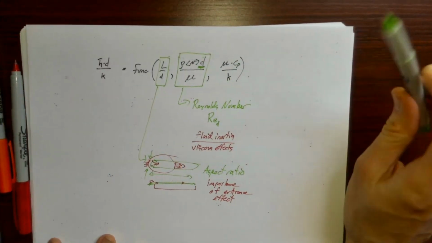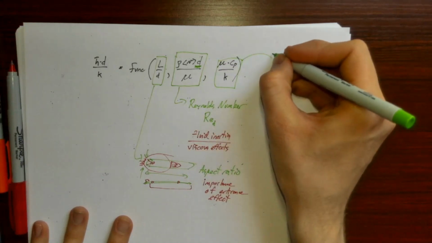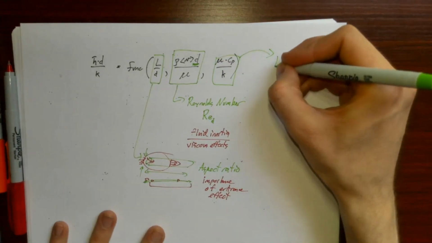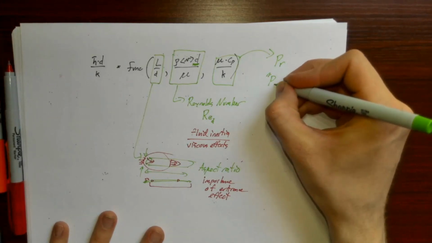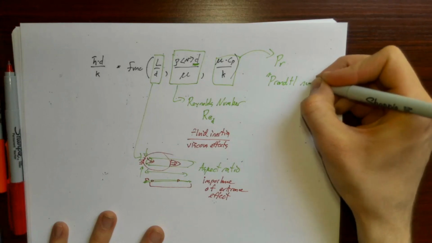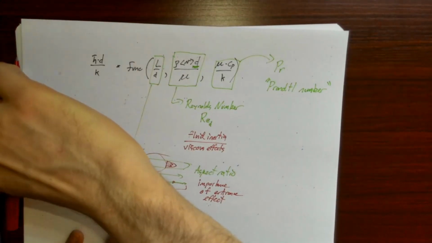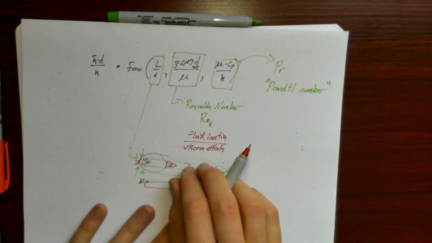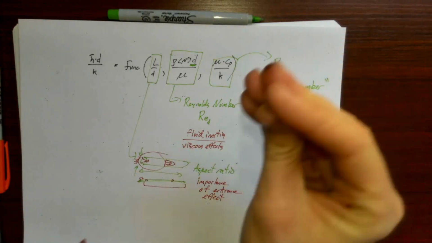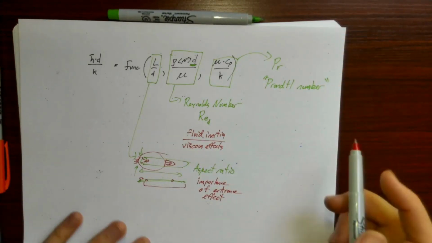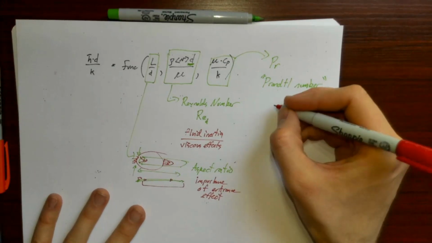This final ratio here is something that we haven't really talked about yet in this class, but it has a special name too. It's called the Prandtl number. So it's given Pr. People call it the Prandtl number. And the Prandtl number, to me, doesn't really have a ton of great physical intuition, right? Like the Reynolds number, the Reynolds number, right? But the Prandtl number, Schmandtl number, right? I don't really think of this, but I guess you could think of it as a ratio of